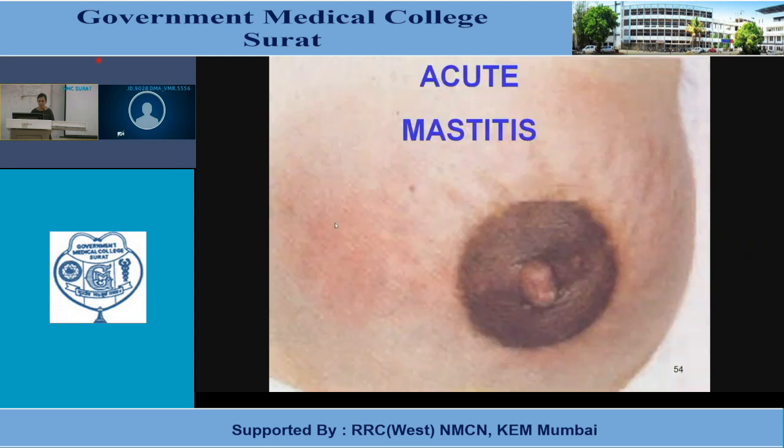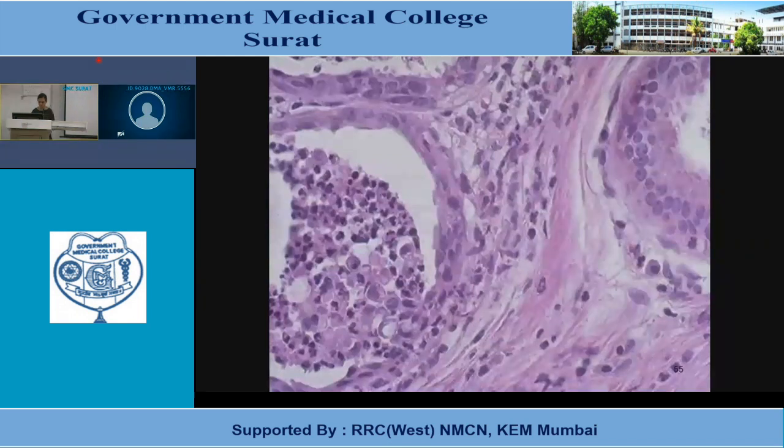So this is how acute mastitis looks. Can you see this reddish area? This reddish area, which is far left from the nipple, is basically acute mastitis. It is painful. It has all the signs of inflammation: rubor, calor, dolor, tumor, and functio laesa. Okay. So this is how acute mastitis looks microscopically. These ducts are basically containing polymorphous debris. What you are seeing here are macrophages and these small lobulated cells are the polymorphs. So these are basically seen within the ducts.